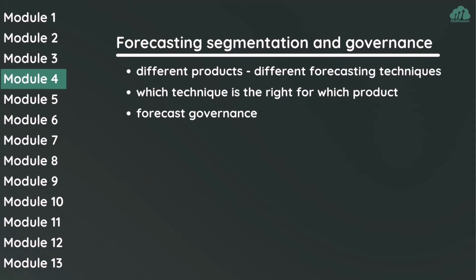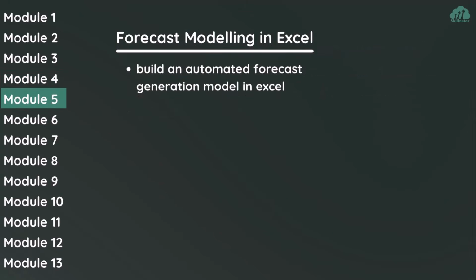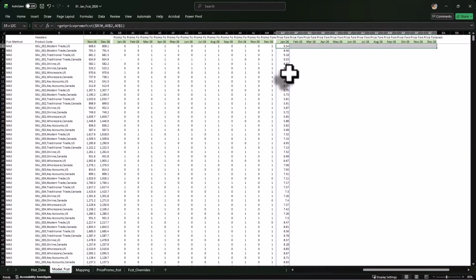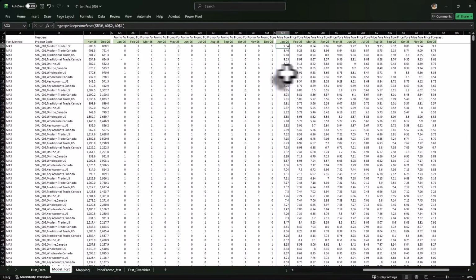Once you understand the techniques, we'll move into implementation. In Module 5, you'll build a fully automated forecasting model in Excel. In this model, once you input actual historical data and select appropriate forecasting techniques, the model will automatically generate a 12-month rolling forecast. This reflects how forecasting models are built in real business environments and also helps to strengthen your